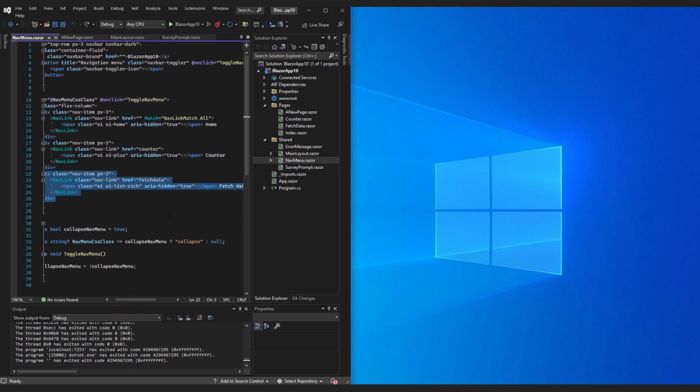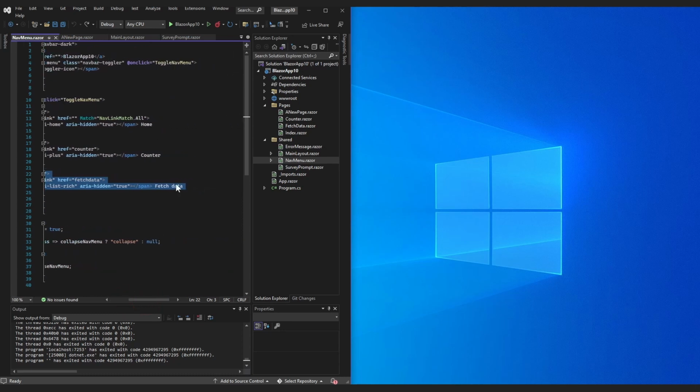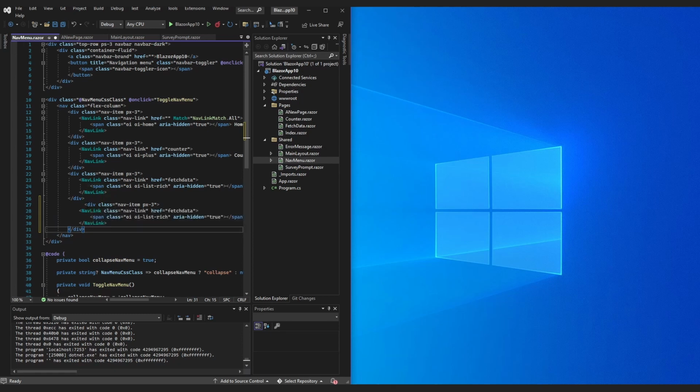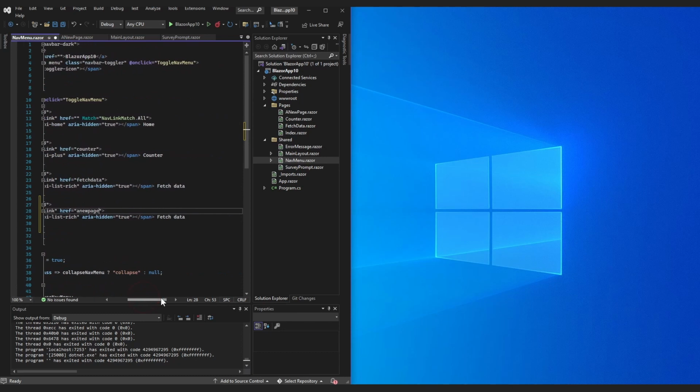So we can see this is the home page, this is the counter page, and this is the fetch data page. So we'll copy this code, we'll paste it below, we'll change the href, which is to specify the address of our new page, and then we'll change the text here, which is what is displayed in the navigation menu.